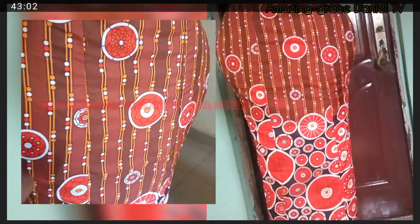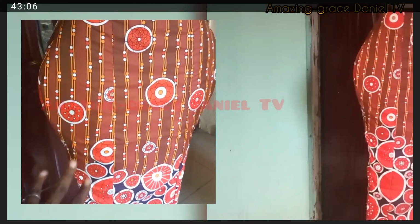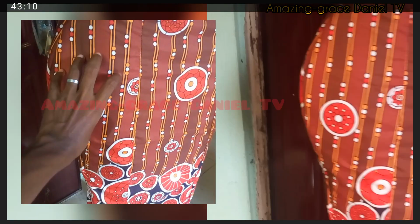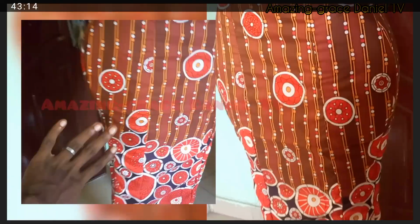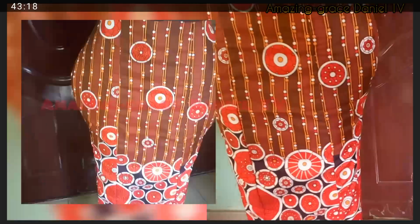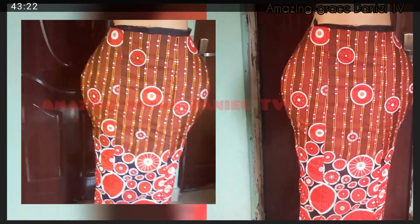And the beautiful part about using a breast pad, unlike foam, is that when somebody wears it, it does not fold like that. The foam that most people use folds, but the breast pad just stays exactly the way it is, and it's really, really beautiful. So this is the hip padding tutorial and how you can attach it to the